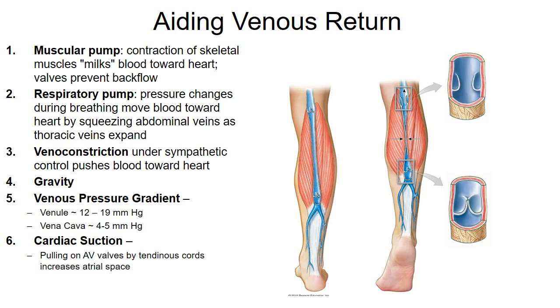Venous pressure gradient. Here, the vena cava, which is returning blood to the heart, has only 4 to 5 millimeters of mercury pressure. The venules have 12 to 19 millimeters of mercury. So just like with concentration gradients, where substances flow from high concentration to low concentration, here substances also flow from high pressure to low pressure. So we get high pressure to low pressure to help with return of blood in the venous